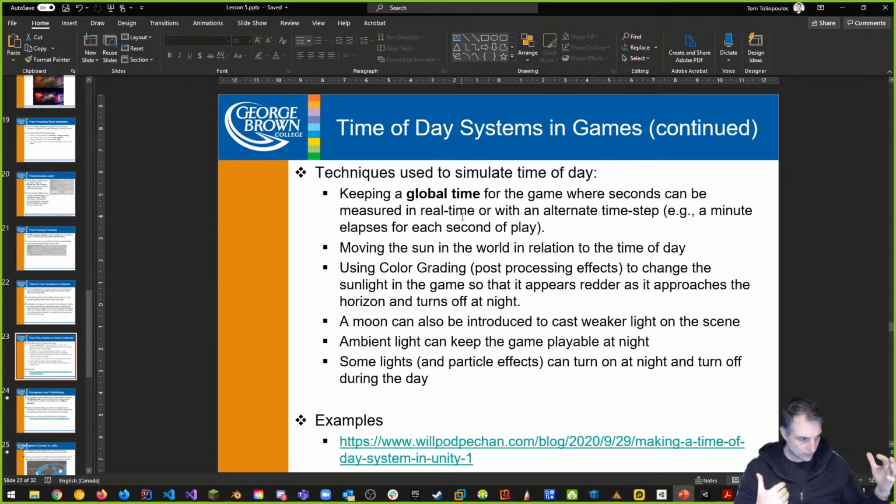And you'll see that the sun in the scene would move pretty fast. A lot of times it's not a minute for every second. It's some other ratio of time, and you have to create that time ratio for yourself, whatever that's going to be, right? The other thing we do is we move the sun and the world in relation to the time of day. So in Unity, what we have is